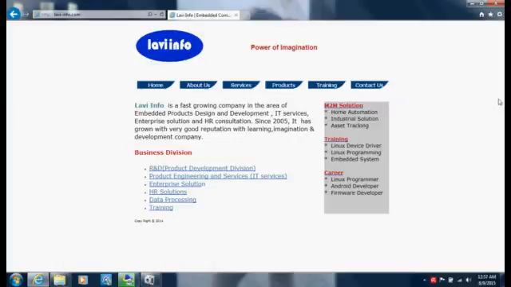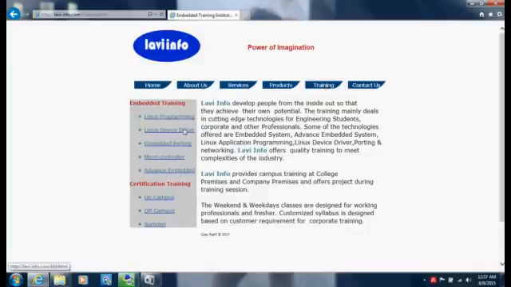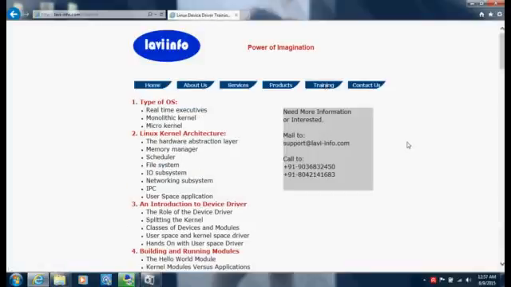So we will go for the training section for Linux device driver. So here we will go through all the topics we will be covering for Linux device drivers. The first topic consists of types of OS, where we will learn about the kinds of OS available like monolithic, microkernel and real-time kernel. The second topic is Linux kernel architectures, where we will be going through the file hierarchy